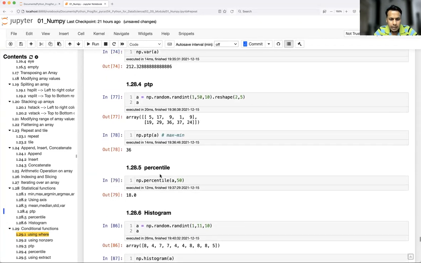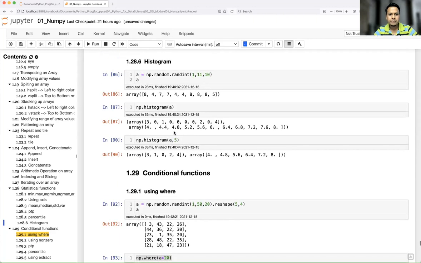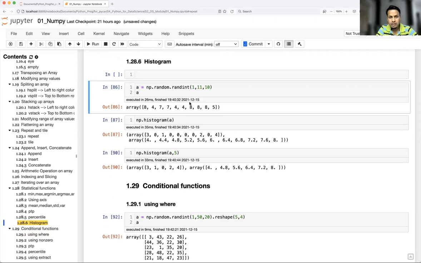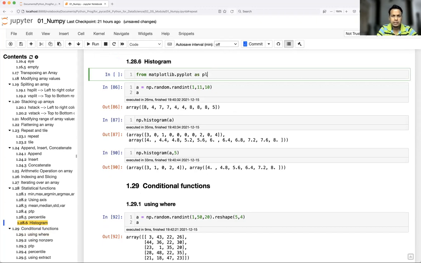So guys, let me show one more thing here quickly. I'm going to plot a histogram. For plotting, don't worry about the library which I'm going to use. I'm going to talk more about this in the matplotlib section. So from matplotlib import pyplot as plt.